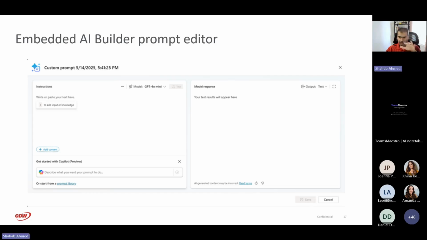And there's this prompt editor that will allow you to create, customize, and test those prompt templates. So effectively, your agent can call those prompts and take actions around that. That prompt editor lets you write your prompt manually. You can ask Copilot to generate instructions for you based on your description of what you want the prompt to do, or you can use something from the prompt library. And then you can also configure several aspects of that prompt, right?